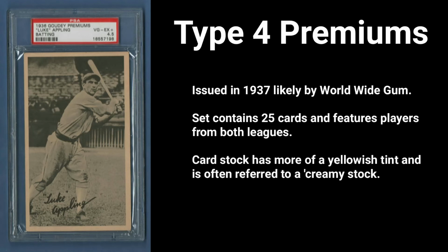In this year, the set would be reduced again to only 25 cards. The card stock was again changed, and this time the card stock had more of a creamy colored shade to it, and so these Type 4 cards have more of a yellowish tint than the other types within the set. It does have the glossy photo finish as well, and players from both the American and National Leagues are represented